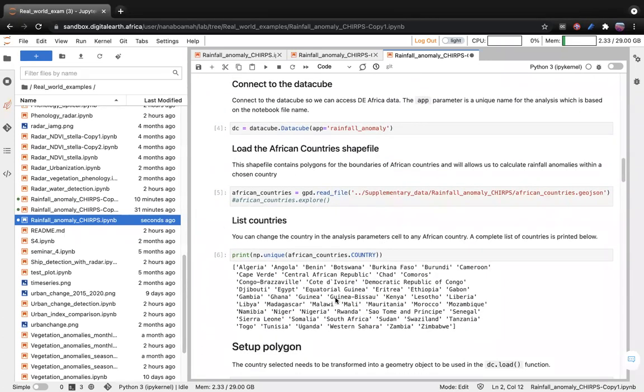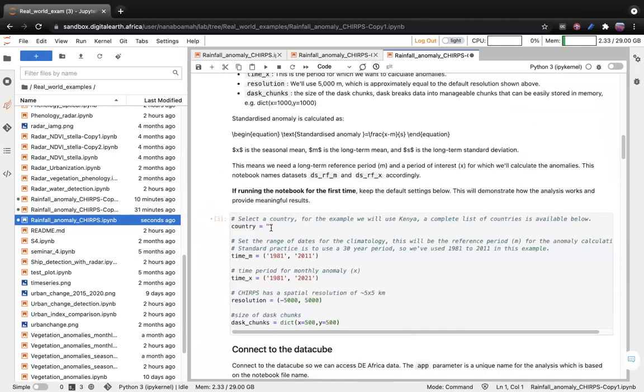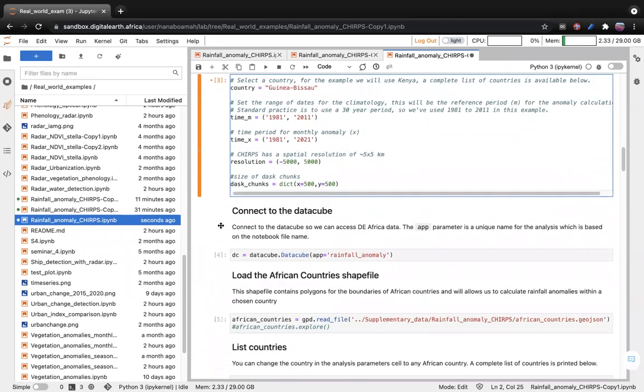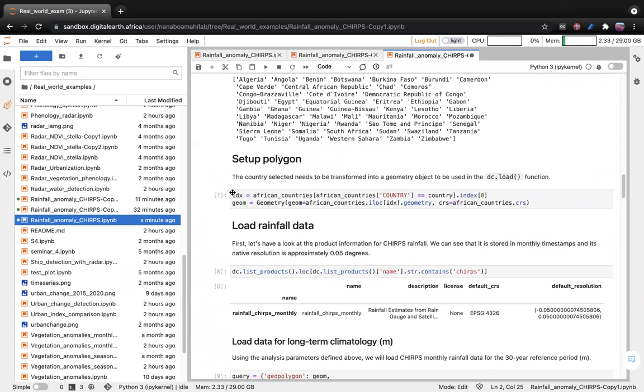So you can copy it, Control-C. Then once you come here, you can paste it there. So you are going to get the Guinea-Bissau also at this area. That means this is the country you want to do the rainfall anomaly for. After specifying it, the next cell helps us to load the GeoJSON